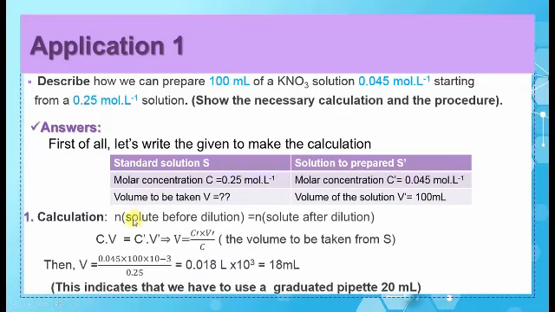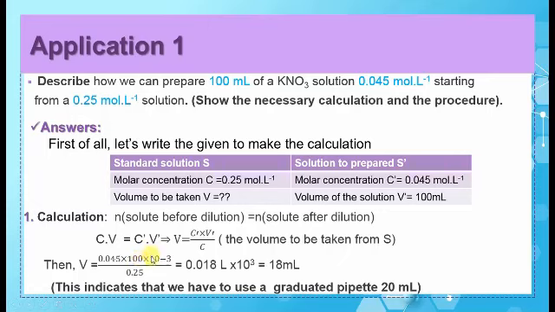The calculation: we have to start with the conservation of the number of mole of the solute during dilution. Number of mole of solute before dilution is equal to the number of mole of solute after dilution. Using the relation of the molar concentration, write instead of n, C times V of the solution before dilution and C prime times V prime instead of the number of mole of solute after dilution. This implies that V, the volume that must be taken from S, is equal to C prime times V prime over C. It's equal to 0.045 times 100 times 10 exponent minus 3